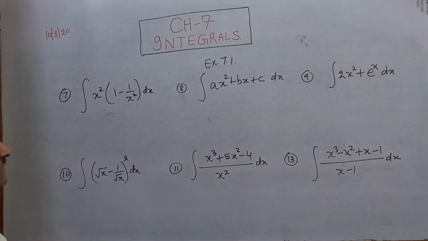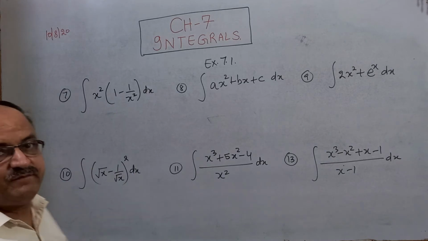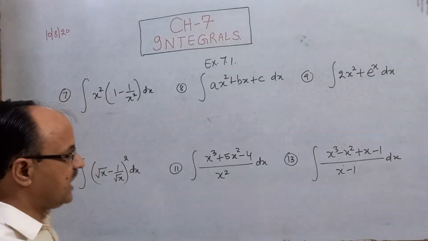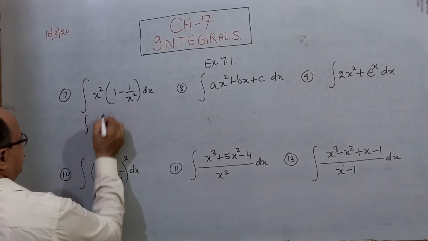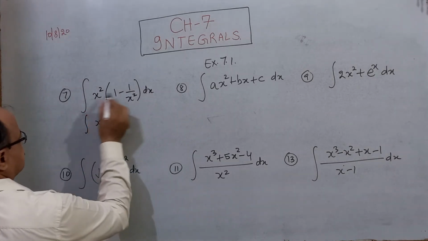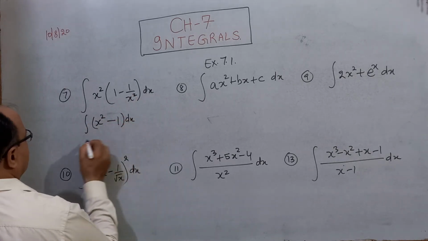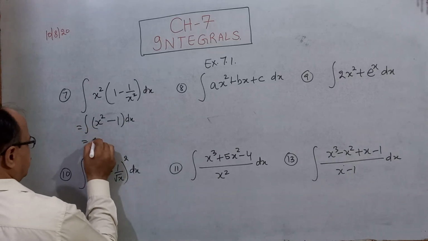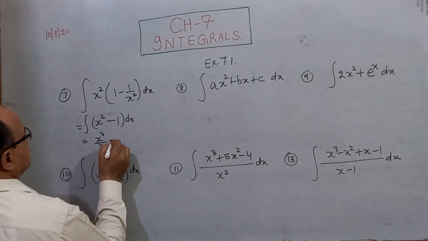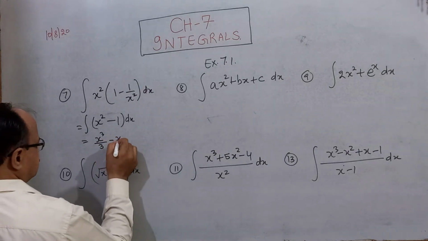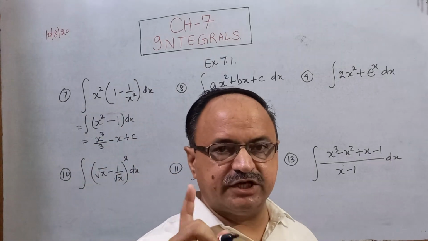Right. Now, in the product we can't do the integration, therefore simplify in a single algebraic expression. Firstly, multiply x square into 1, x square into this 1. Now, integration of this. Integration of x square, add 1 here, x cube by 3, and the integration of the constant term, that is x. Integration of 1 is x, integration of 2 is 2x, integration of 3 is 3x.